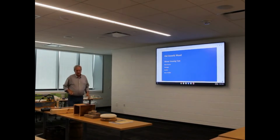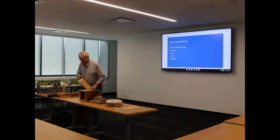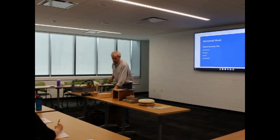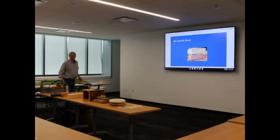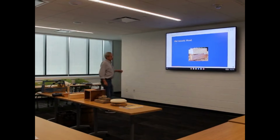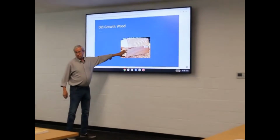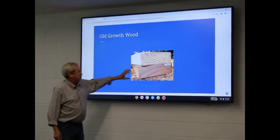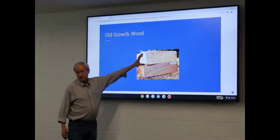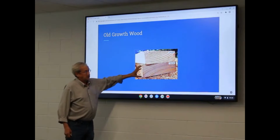So if we look at this, I think I have one. Okay. So ring count is what you're looking at. So with an old growth wood, can you imagine? I mean, those days are gone. Look how fast growing we're processing trees now. So when you start doing counts,